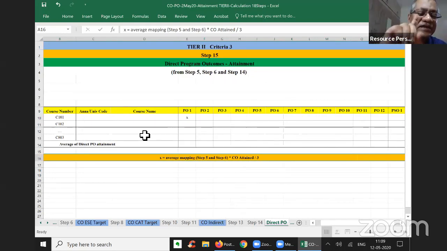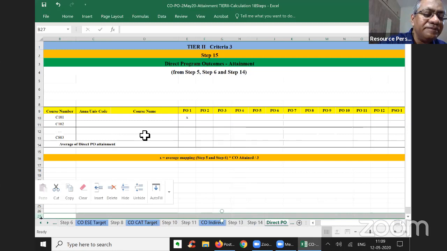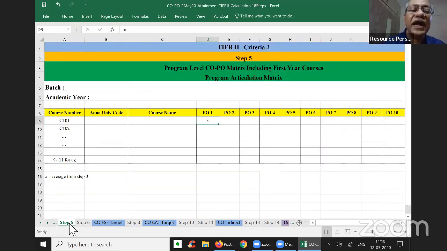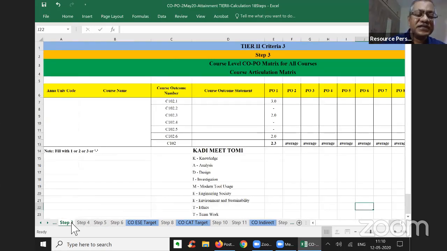I have taken, so instead of 2 steps, I will take only PO. Yes, in PO, I have calculated the average. Where did this average come from? This came from step 3 and step 4. So in step 3, I have calculated this average.